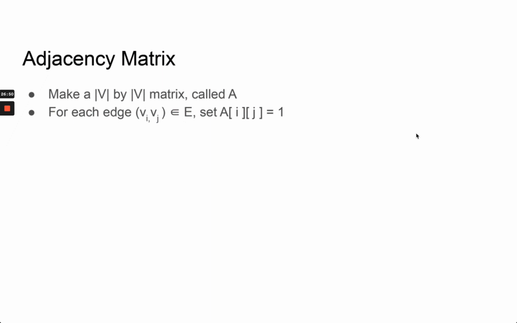So you make bars around the V. Here it means the cardinality, or size, of the set of the vertices. So if you have, let's say, 20 vertices, you would make a 20 by 20 matrix. The adjacency matrix is usually referred to as A, short for adjacency. For every edge Vi, Vj, so from the ith node to the jth node, you would set that entry in the 2D array or matrix to 1, and everything else will be set to 0. So for example,